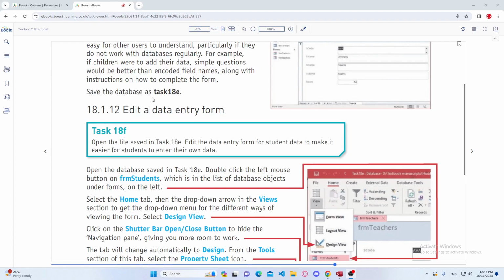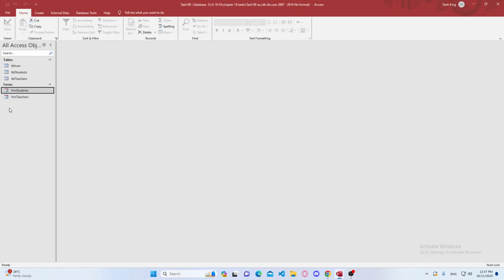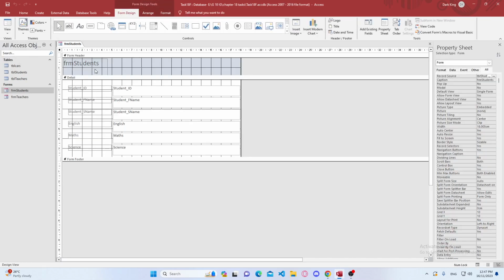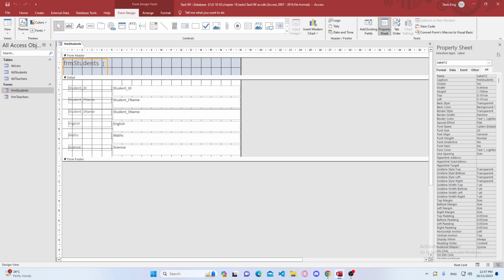In this task, we will see how we can edit the data entry form for students to make it easier for students to enter their own data. So we will come here and we will work on the student form. You will just double click on it and go to the design view to make it designed well and let the student understand how to enter his new data. First of all, you can come here and make the form header bigger,